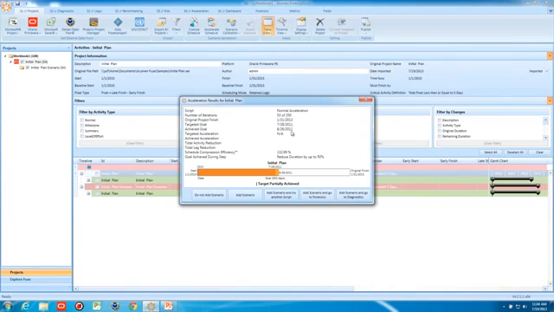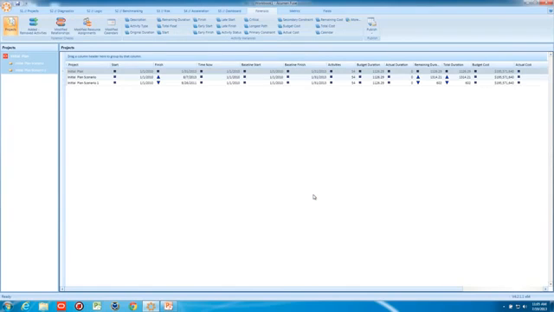Now, we have a few options at this point. We didn't get everywhere that we wanted to with this schedule. We're about a month off, but we might wish to do some scenario analysis. So we have some options. We can add the scenario or not add the scenario. We can add the scenario and try again. My favorite at this point is to add the scenario and go to forensics, because this will tell us all